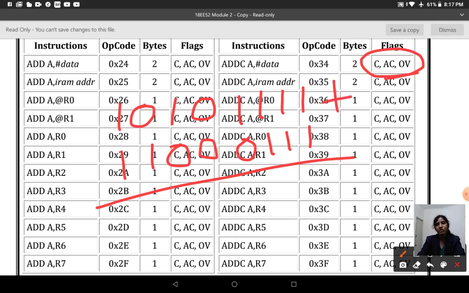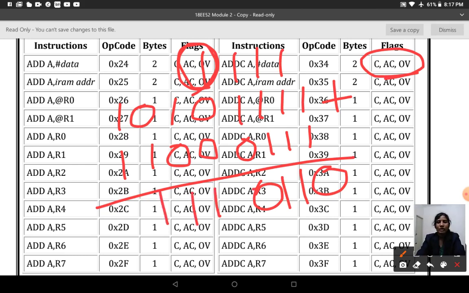When you add these two, 1 plus 1 is 10, carry 1. 1 plus 1 is 10, 10 plus 1 is 11. So this is your auxiliary carry bit. That is, if any carry passes from your 3rd bit to your 4th bit, then that is going to be your auxiliary carry.